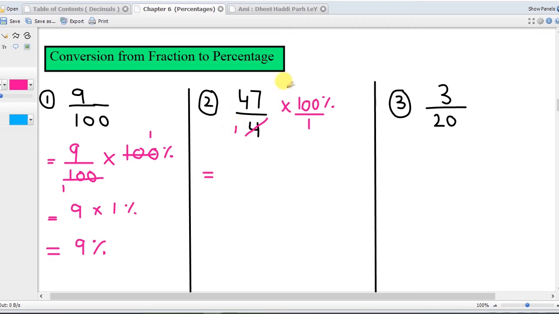Yes, we can do it. 1 times 4 is 4, 2 times 4 is 8, 2 left here, so it becomes 20, and 5 times 4 is 20, or simply 25 times 4 is 100. So now we simply have to multiply these numbers. Now we have to multiply 47 times 25. So the answer we are getting is